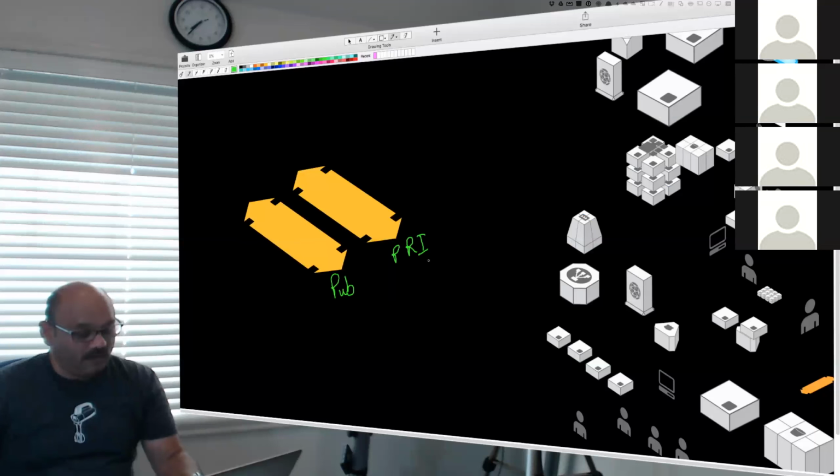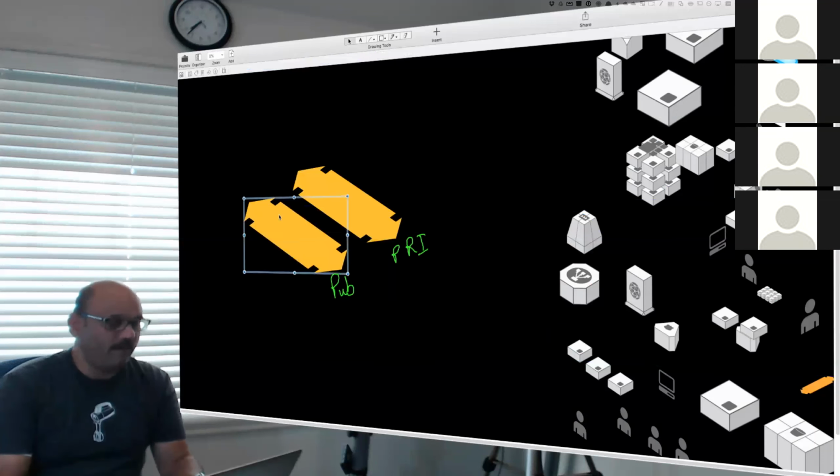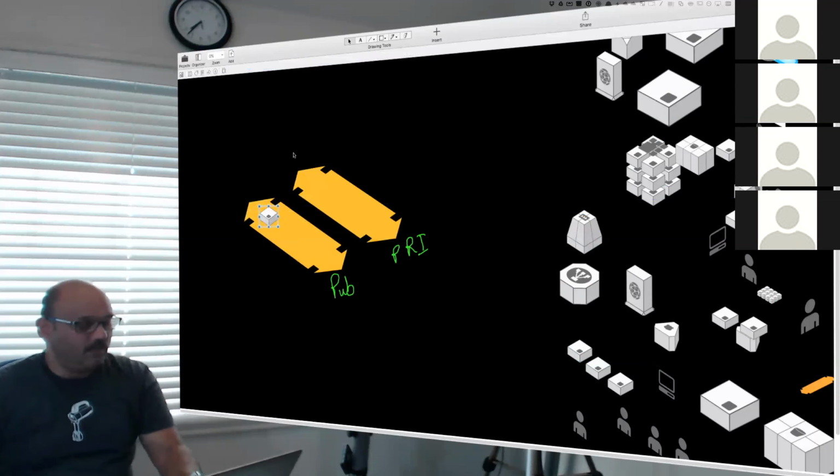We also have created a NAT box, and we did that by taking a box and putting it here on the public subnet, and basically made this box into a NAT box and also a VPN box.